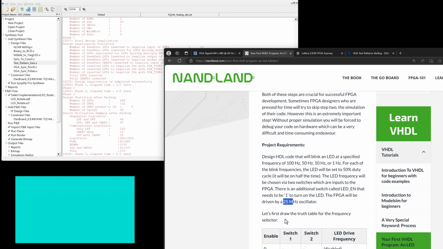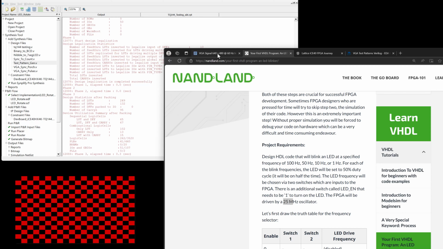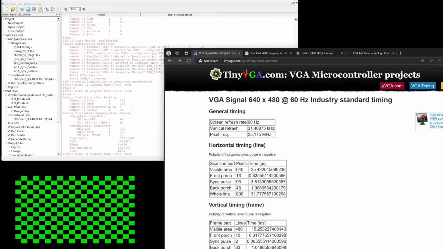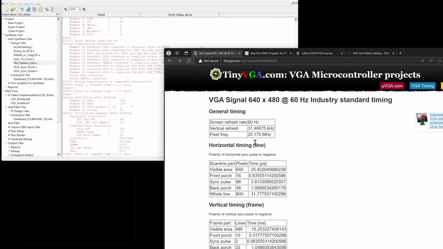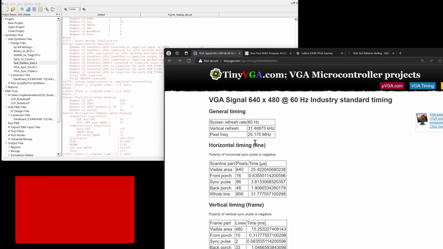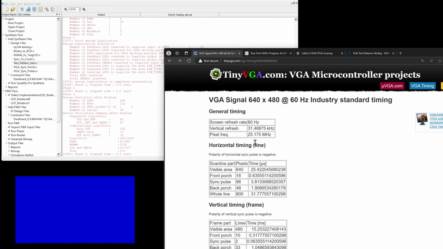And I don't believe he was just rounding that for the documentation, but he was probably actually using an actual 25.00 megahertz oscillator. And the timing then is just a little bit off, not enough, I don't think, to really break anything. But I wanted to just clean that up a little bit. So I did, on my board, pull out the 25.2, I put in the 25.175,